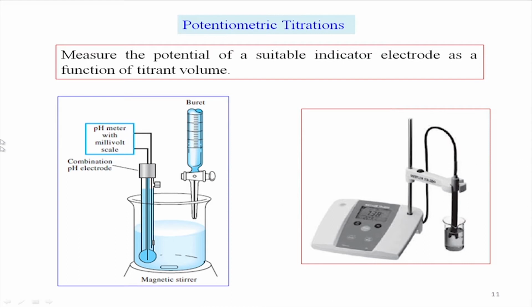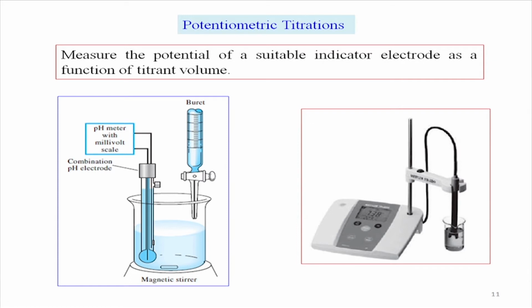The burette is clamped on the other side, the way we have clamped this. So, this will be clamped on the left and the burette will be clamped on the right, and you open up the burette and add the solution to your analyte here. The mixing of the analyte is also required, so you put everything on your magnetic stirrer, and the stirrer will stir the solution with an incremental addition of a volume of the solution.